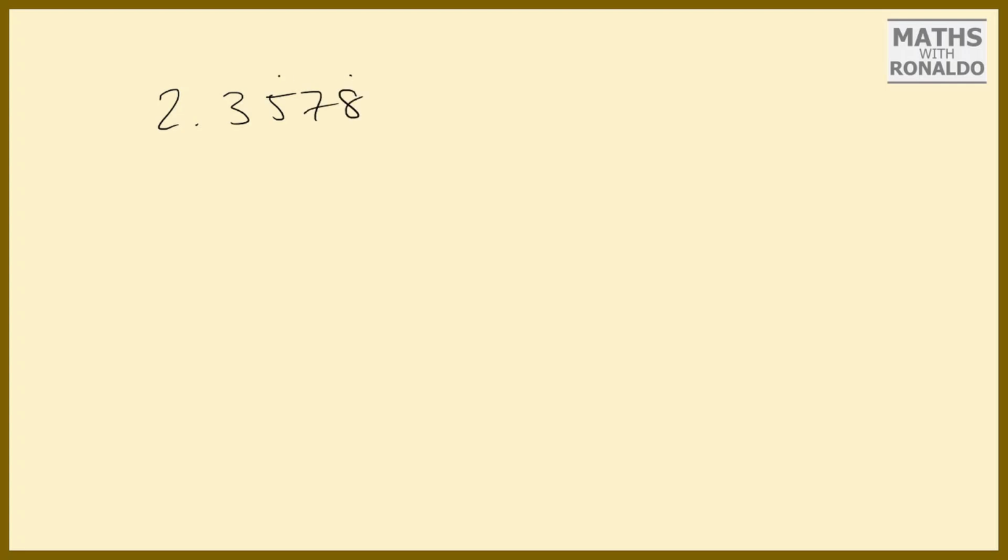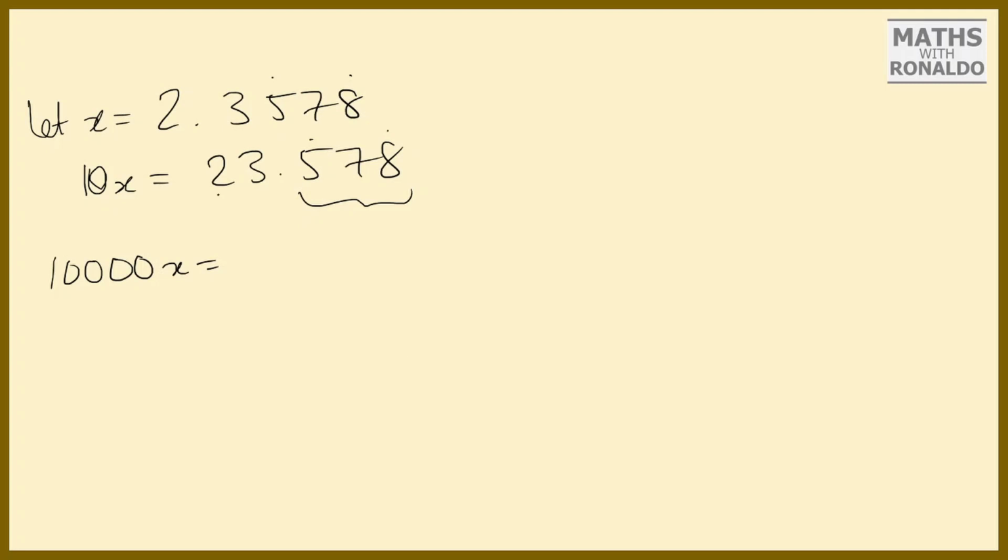However, if we had, for example, 2.3578, and this part was recurring, we could say, first of all, we need to isolate the recurring bit on the right. So if we let x equal that, 10x equals 23.578, and you can see everything on the right is the recurring bit. Then we want the recurring bit on the left, so we say 10,000x equals